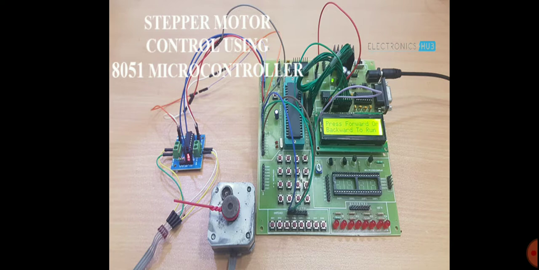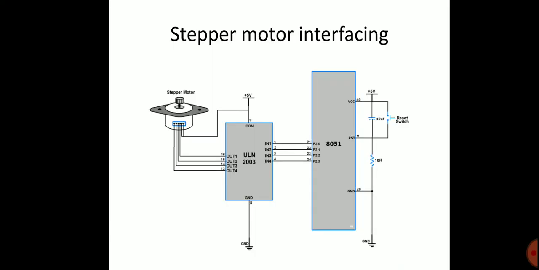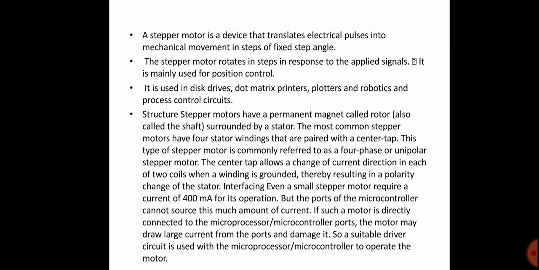Now we see the structure of stepper motor interfacing with our 8051. In the 8051, to connect the stepper motor, we use the buffer ULN2003. The step angle is the minimum degree of rotation associated with the motor. Now today we discuss the theoretical part. A stepper motor is a device that translates electrical pulses into mechanical movement in steps